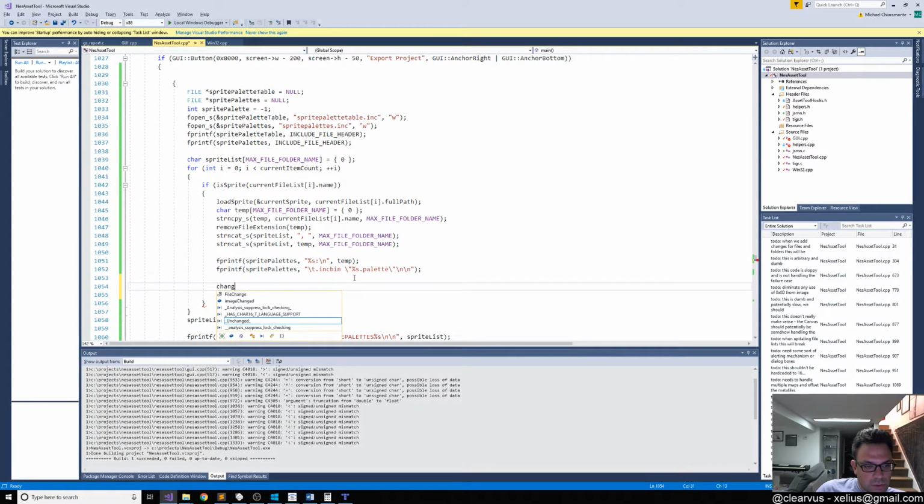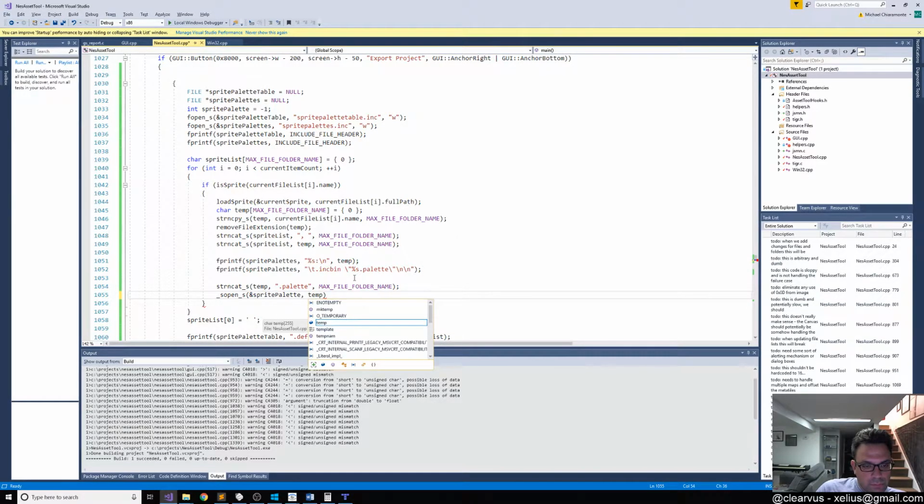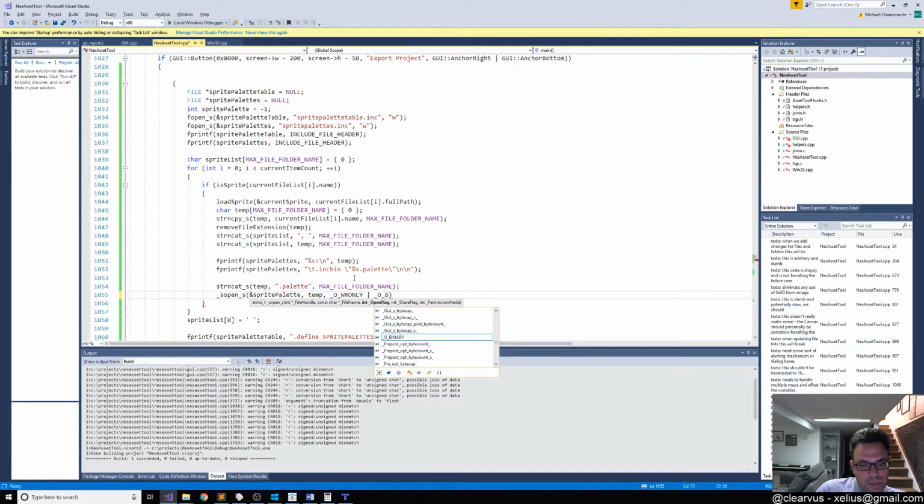Or change. Hey, you know what? We just do a string cat s to it. Temp palette, the max file folder name. Then we're going to open up the file named that, and then read, no, write only, binary, create, and then we have the share flag, which is deny no, and then